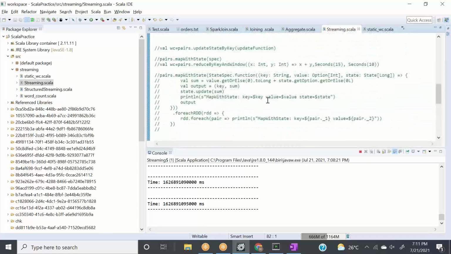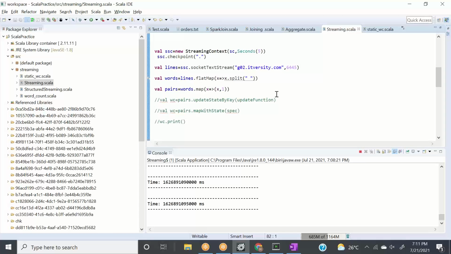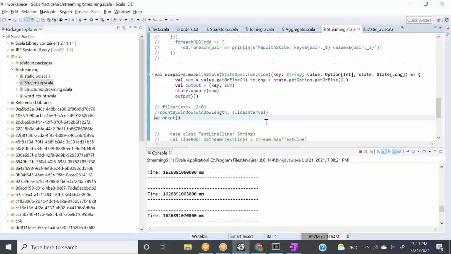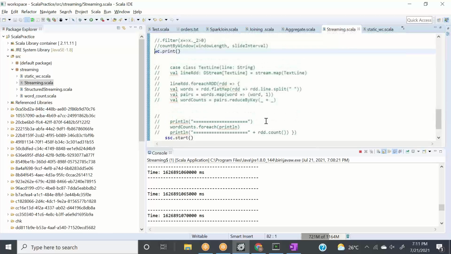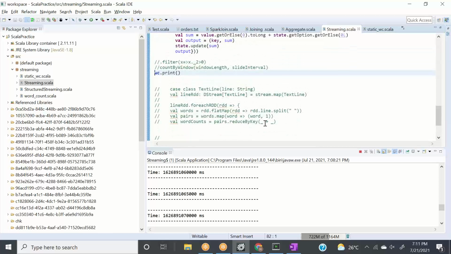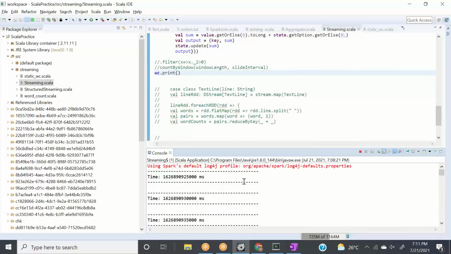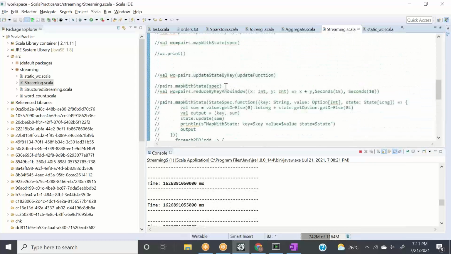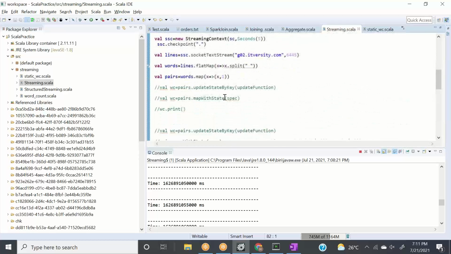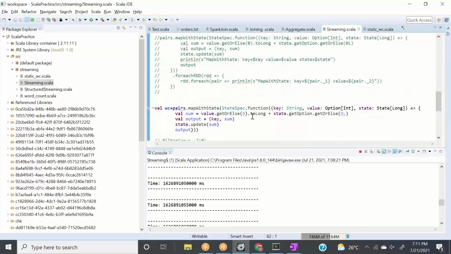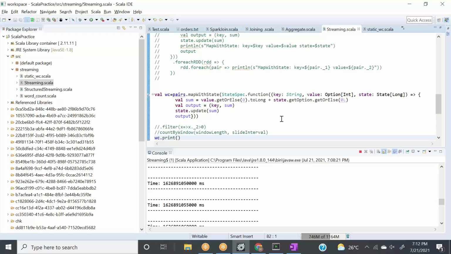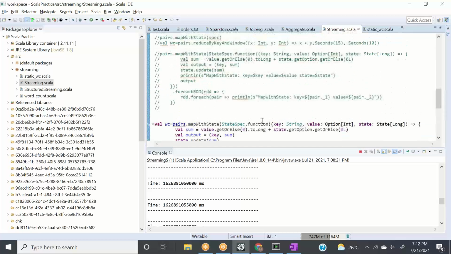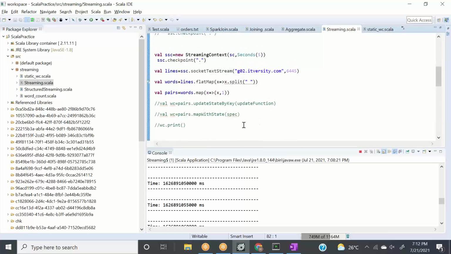Sorry, one second. So what we're doing here, we are saying pairs dot this, and pairs we have created here, and then we're calling this here, output state dot sum. And did we update the checkpoint directory?